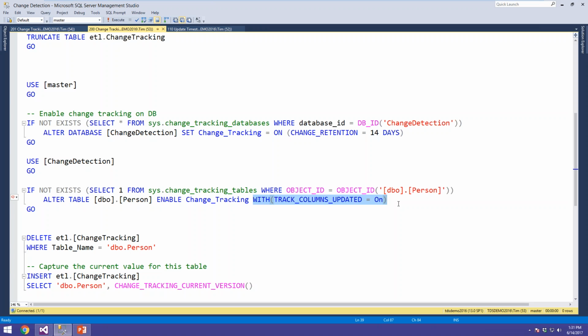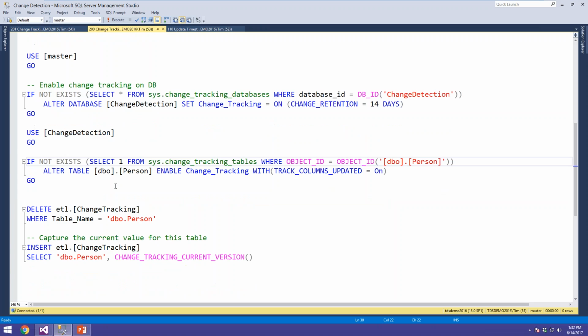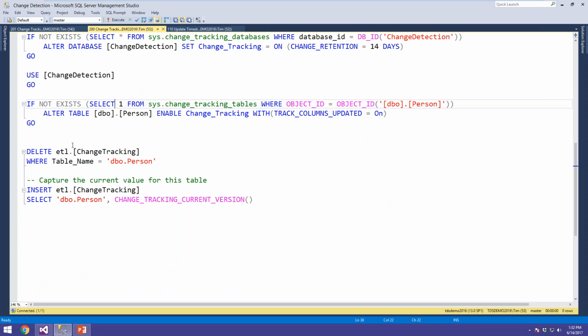Now, I'm mostly a data warehouse guy. I typically don't care if the first name or the last name changed or the age or the city or whatever. I care that the row itself changed, and I'm going to handle that the same no matter if one column changed or all of them changed. Typically, I don't need that, but I want to turn that on and just show you that option is available. You do have the option to pull back the specific columns that have changed and not just at the row level. So once that's set up,